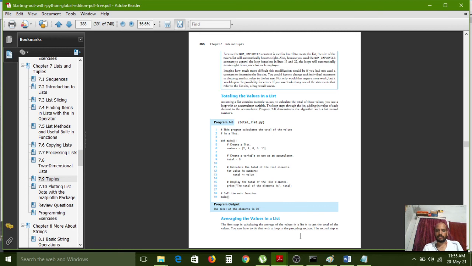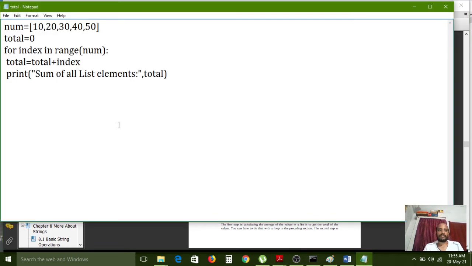Instead of using index, because index means it starts with 0, it cannot calculate, it can only find the value. So here i is enough. i is also one of the variables. Now I can see.